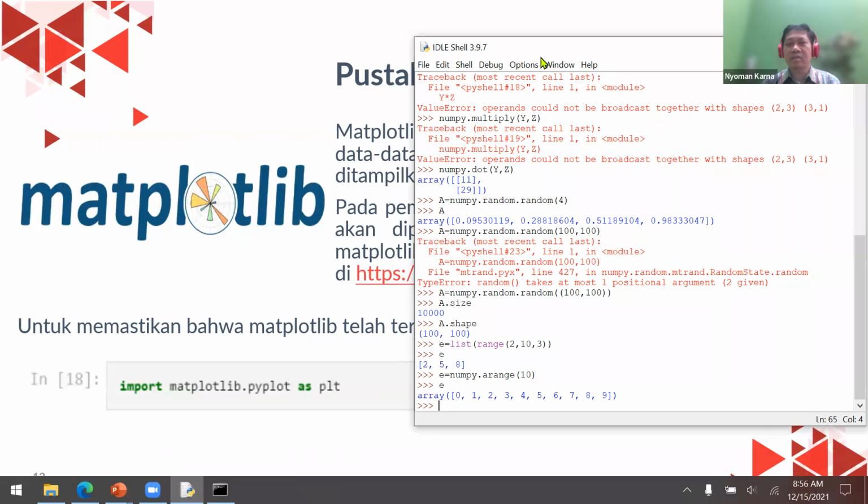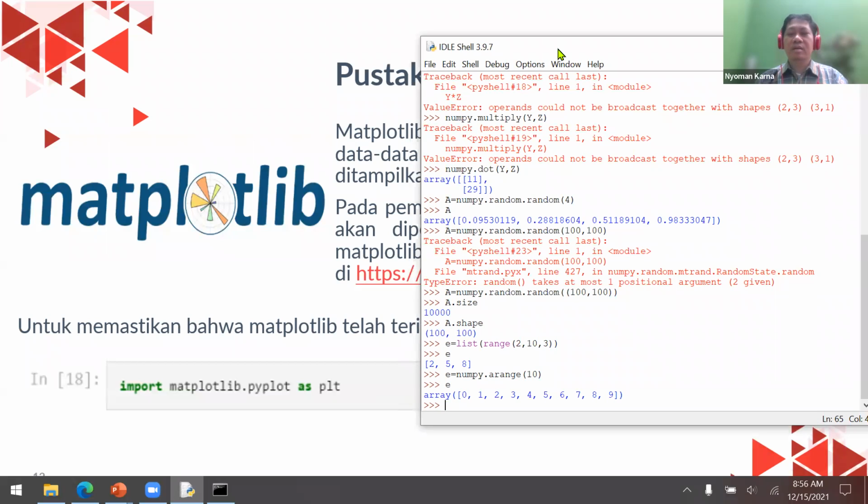Now, the last one is another module called matplotlib. I can just use import matplotlib.pyplot as, let's say, plt.